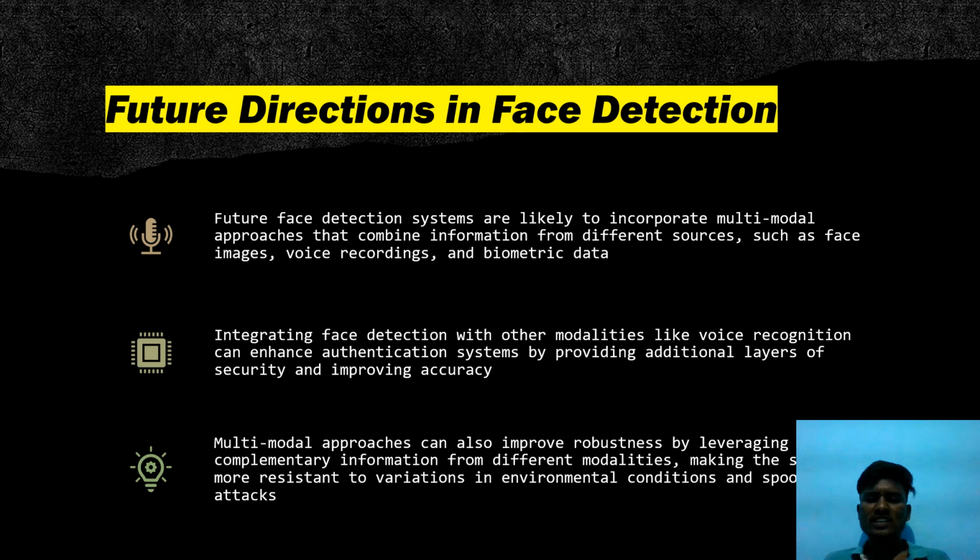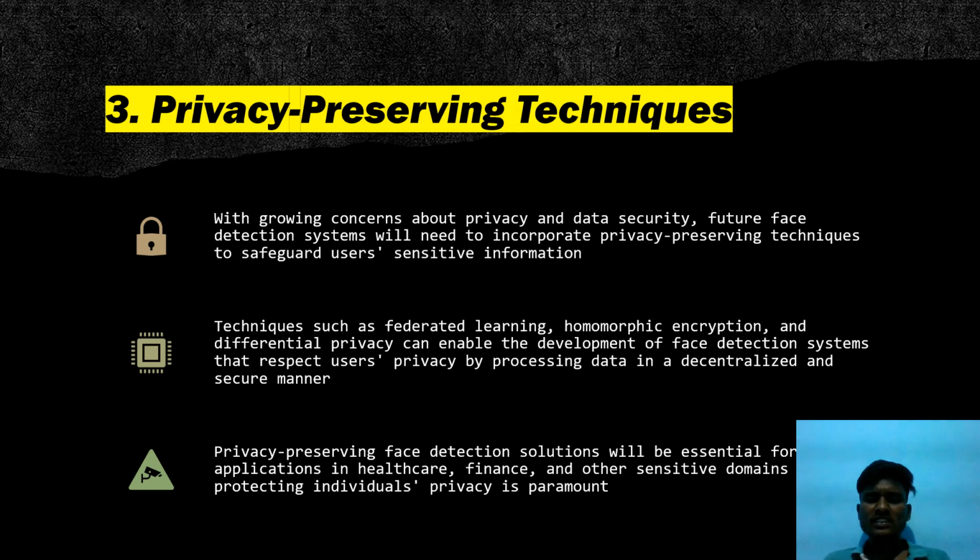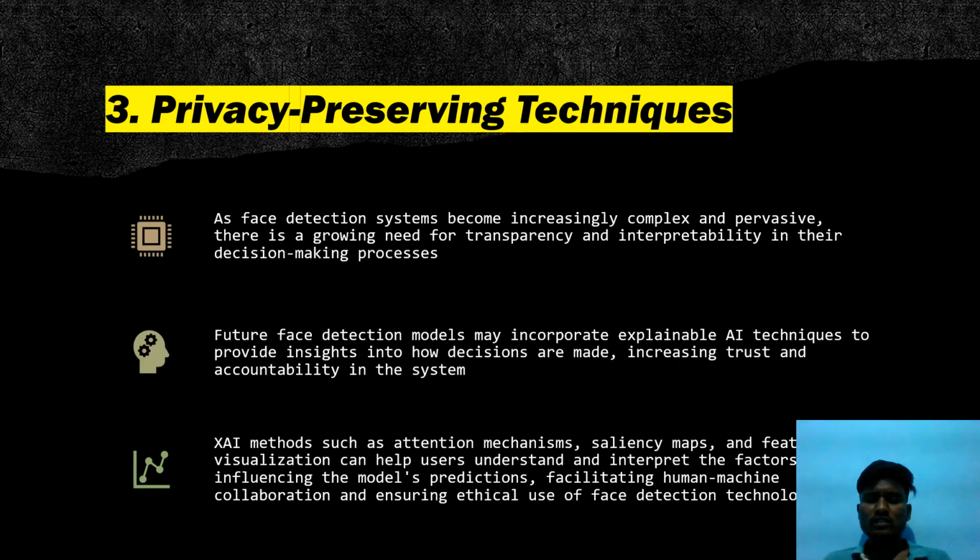Future directions in face detection. Robustness and generalization. Privacy preservation techniques. With the growing concern about privacy and data security, future research aims to safeguard users' sensitive information. As face detection systems become increasingly complex and present a threat, there is growing demand for transparency in their decision-making